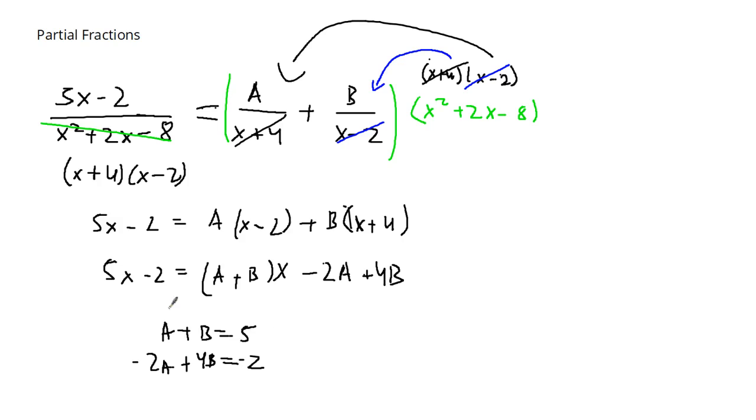So we can just double the top equation right here. We'll have 2a plus 2b is equal to 10, and minus 2a plus 4b is equal to minus 2. This is the normal way of doing it. I'm doing it the long way. And then we add them together. We'll have 6b is equal to